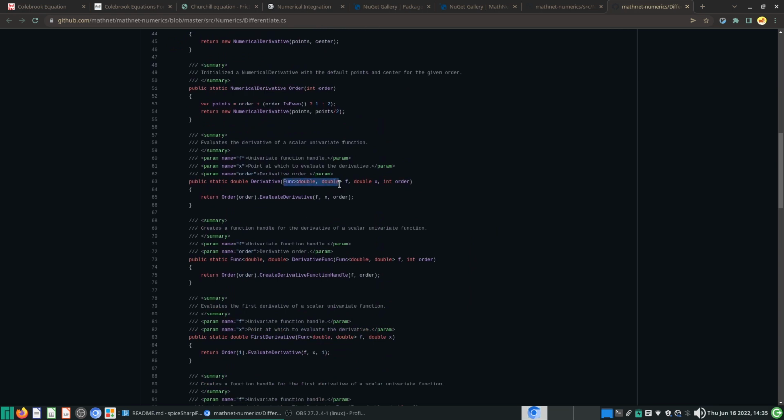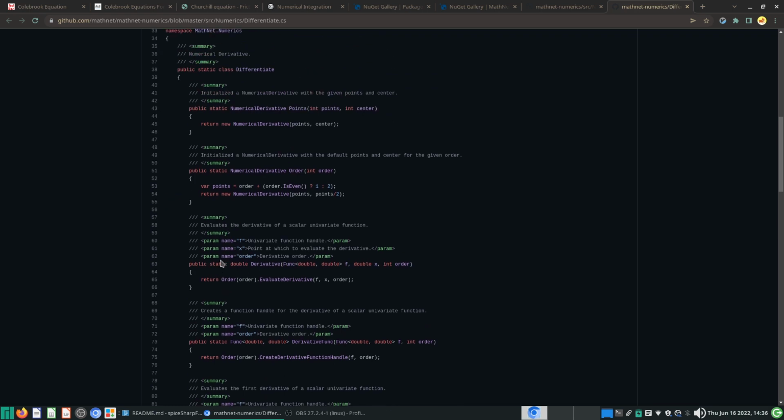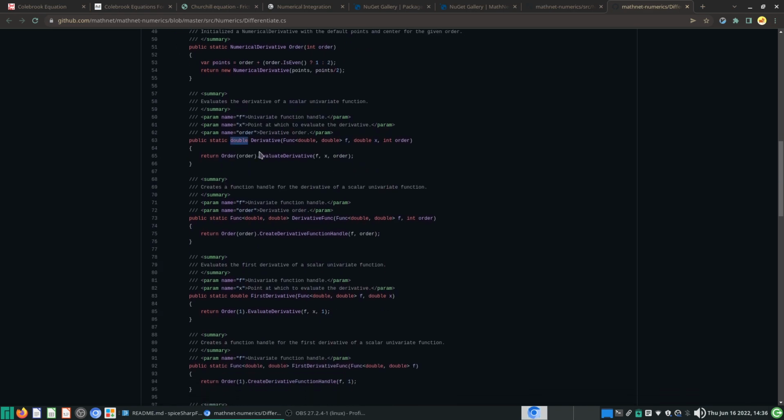We load in this. Anyway, so there is a public static double Derivative. These are static functions, meaning to say you don't even need to instantiate the class, and you're not supposed to instantiate the class because it's a static class. You don't need to instantiate the Differentiate class in order to use the Derivative function. Inside the Derivative function, it will be Func<double, double> f. So a function double is